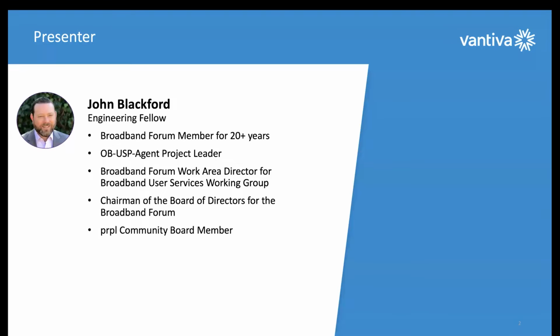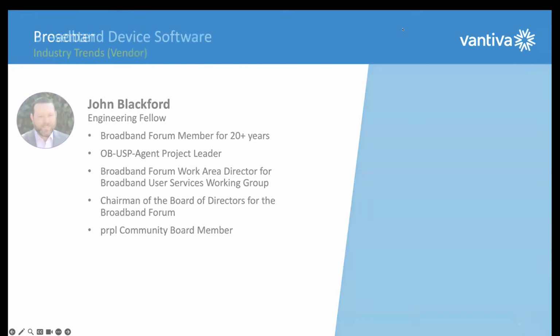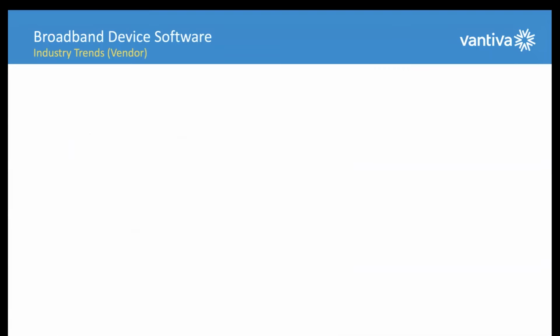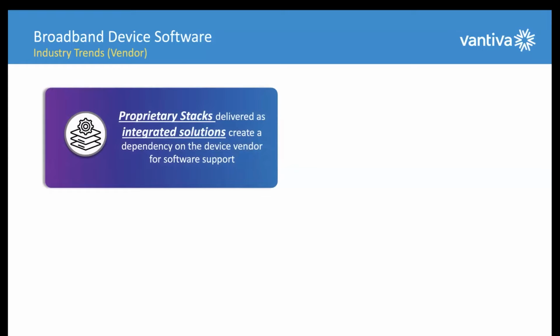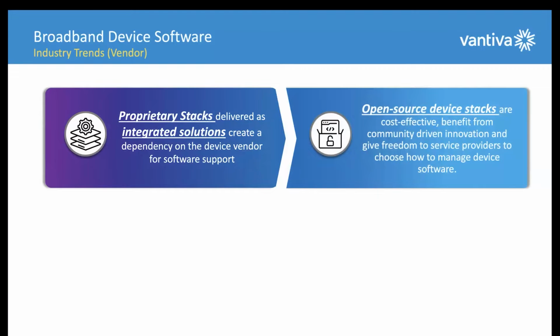So let's take you through services architecture, USP services architecture. But first, we're going to jump into a couple different industry trends. The first set of industry trends is really more from the vendor's perspective. What we're seeing is a migration from proprietary stacks to more open source driven stacks. With your proprietary stacks, it's usually going to be tied to a specific CPE vendor and their software. So it kind of locks in the solution, where you have the CPE vendor's hardware and their software, and there's not a lot of options there. You can certainly do some integration work,